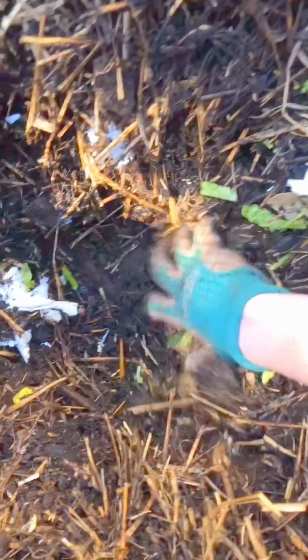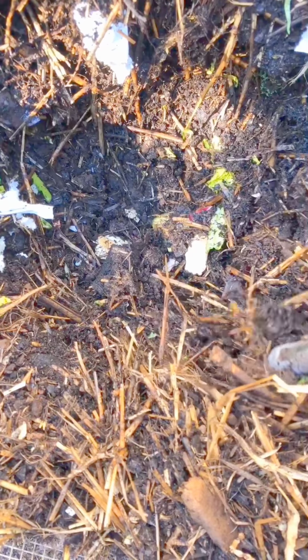So we're going to dig as deep as we can with one hand, trying to get to the bottom, trying to get to the good stuff. So here is some of the good stuff down here. Trying to see if we're going to see a worm or... Ooh, I saw one. Where'd it go? So down here,